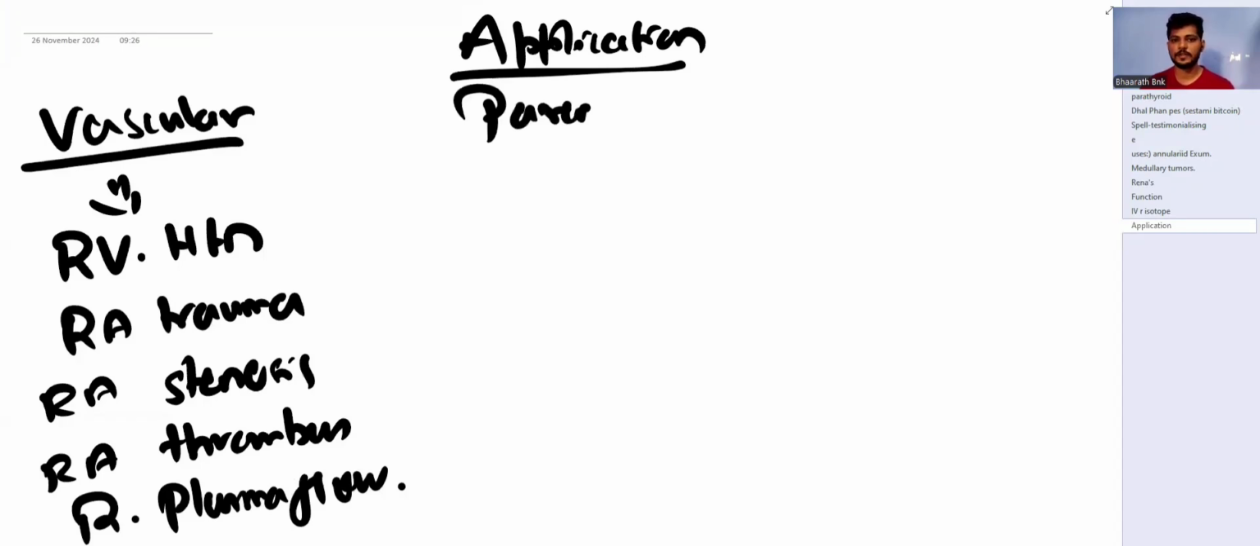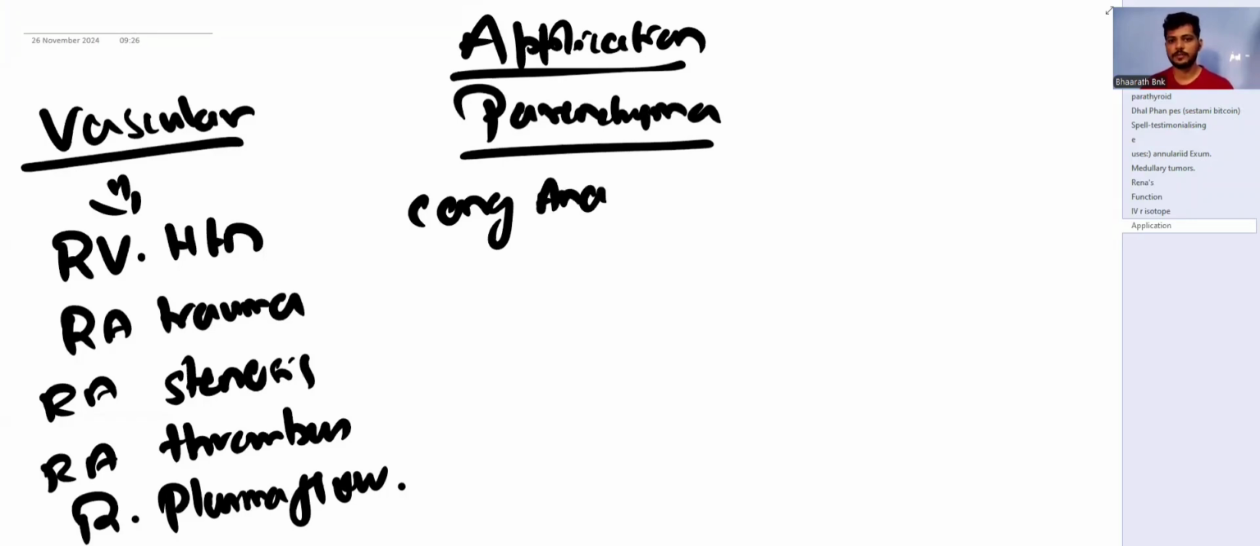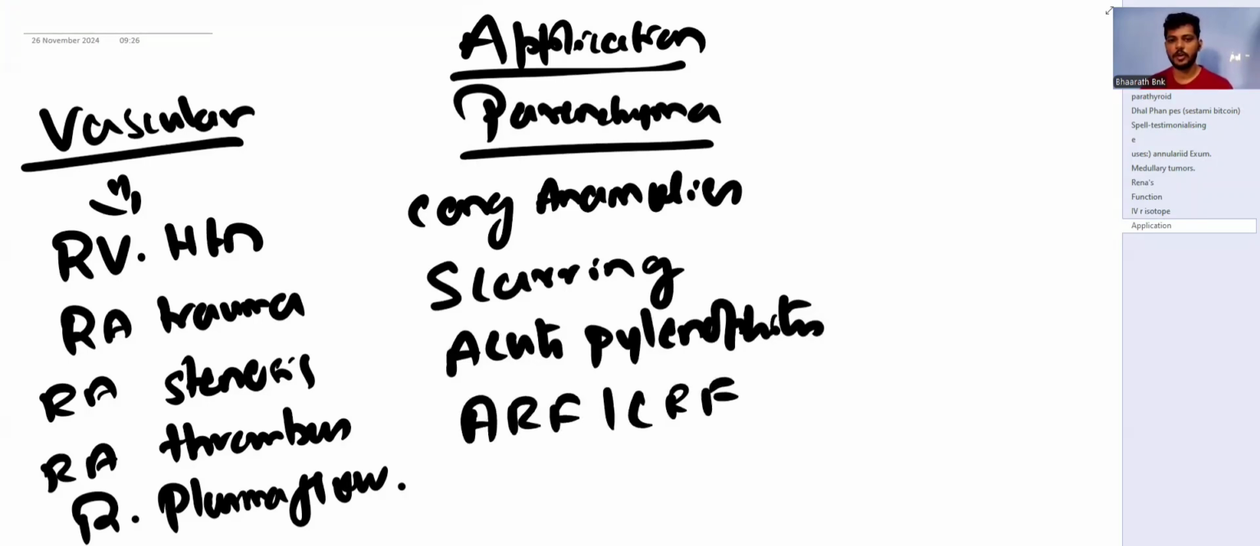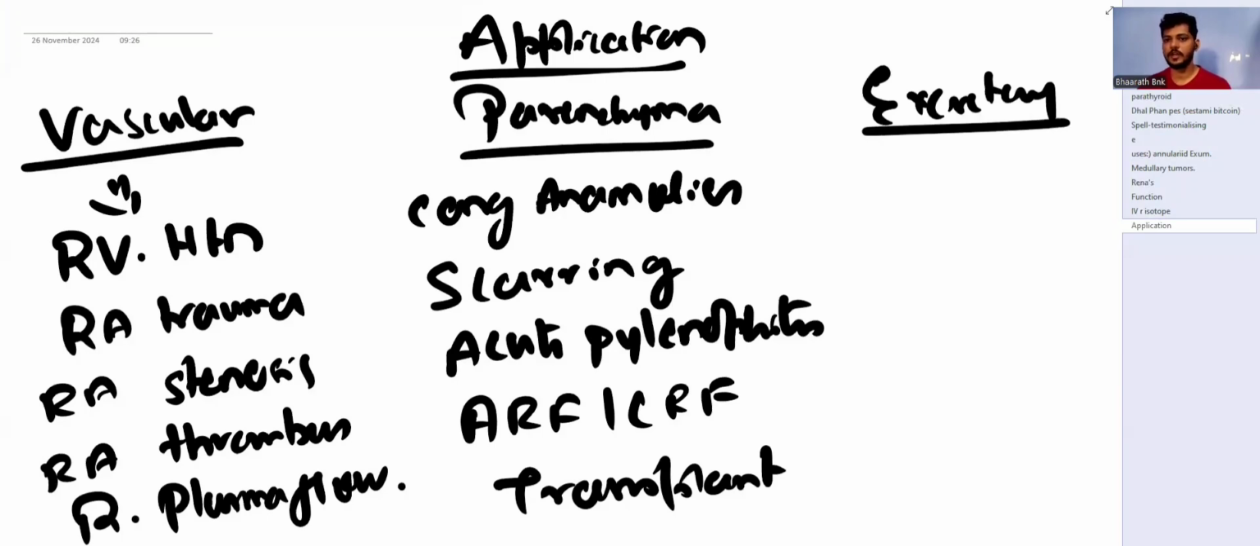When it comes to the parenchymal phase, you can look for any congenital anomalies of the kidney, like horseshoe kidney or renal agenesis, and scarring because of recurrent pyelonephritis or vesicoureteric reflux, or acute renal failure versus chronic renal failure, and also in the evaluation of a transplant. In the excretory phase, you can evaluate if there are any urinary leaks, vesicoureteric reflux, and